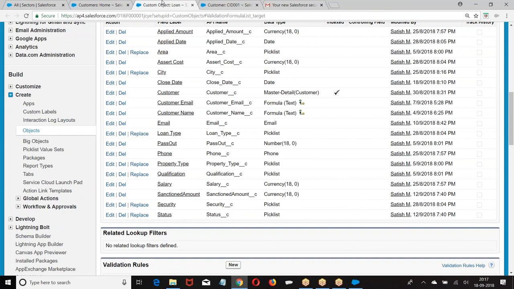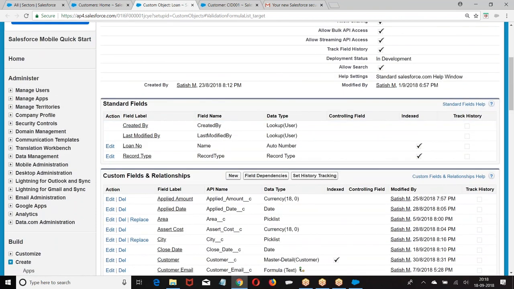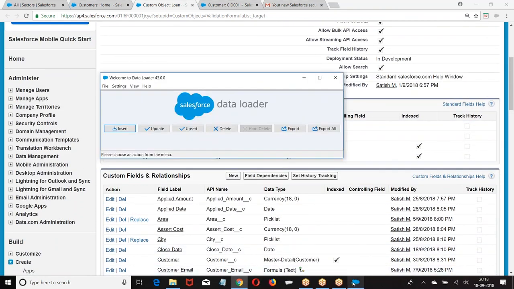Did you get my point? Because it's 3 records, I manually entered it. If it is a huge amount of data, you need to go for Excel sheet. In the Excel sheet, we have a functionality called VLOOKUP. You can open MS Office Excel sheet and check for the VLOOKUP functionality. Right. So what was this? This is inserting the data into the object. I hope you are good with this.